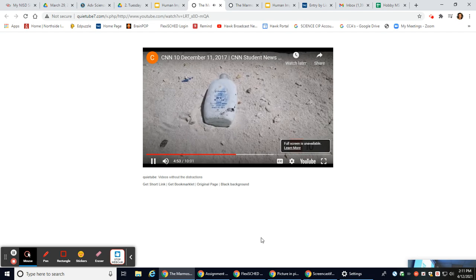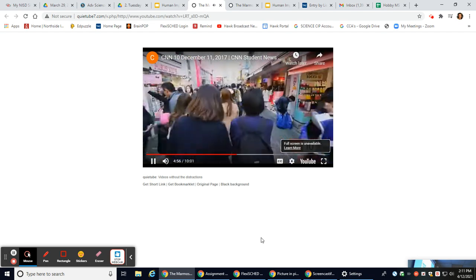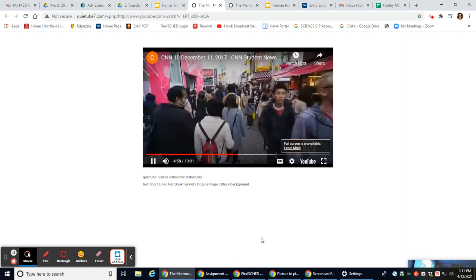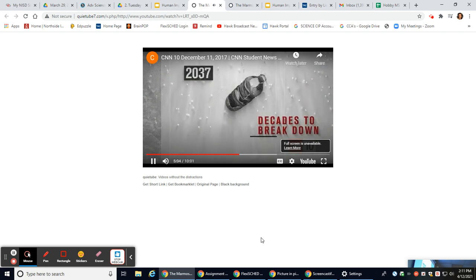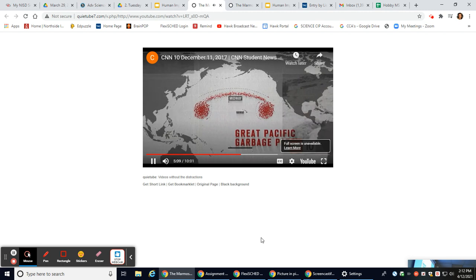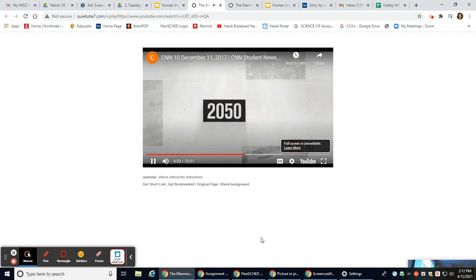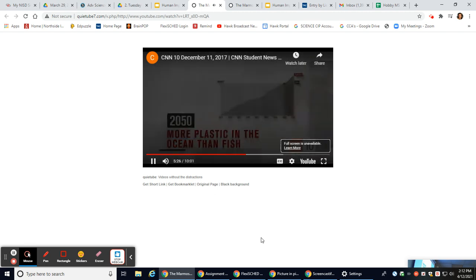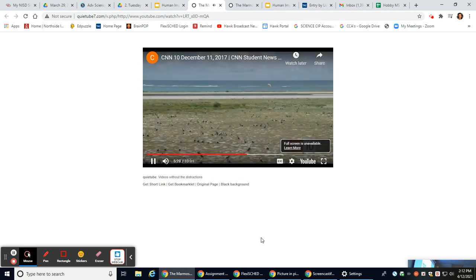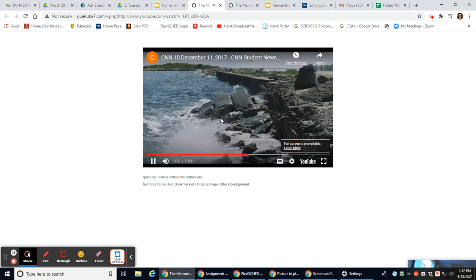That umbrella, bottle or shoe all start off here in a city, let's say in Asia, where most of the plastic in the ocean originates from. You use it for a minute or two, but it joins the waterways, takes decades to break down, maybe longer. Much of it joins the Great Pacific Garbage Patch and spins endlessly, caught in the ocean currents of the North Pacific Gyre. The patch isn't easy to see, often an almost invisible soup of tiny particles made when larger bits of plastic break down. Pound for pound, by 2050, there will be more plastic in the ocean than fish. Midway is right on its edge, a rare place from which you can peer into it.